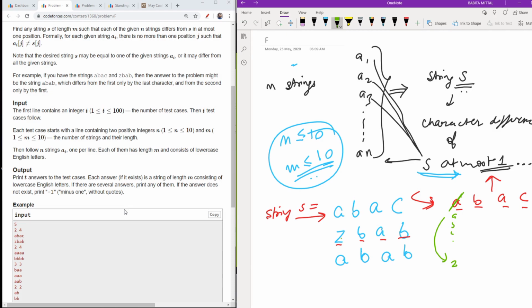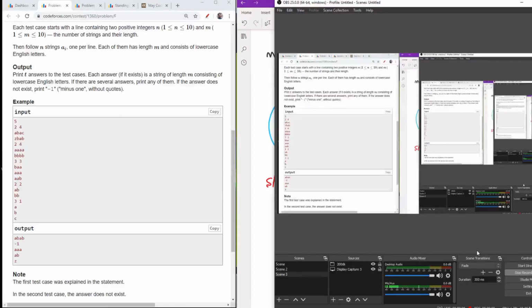Okay, cool. b, b same, a same and c, b. As you can see, if I modify it to z, then I will have only one difference. So my z, b, a, c can be the answer string.